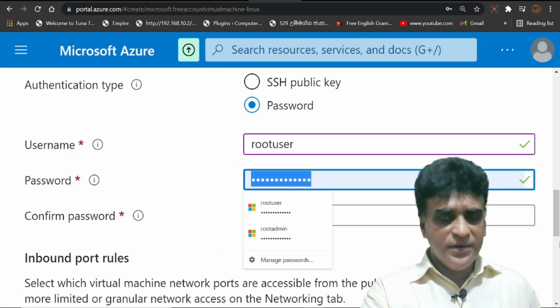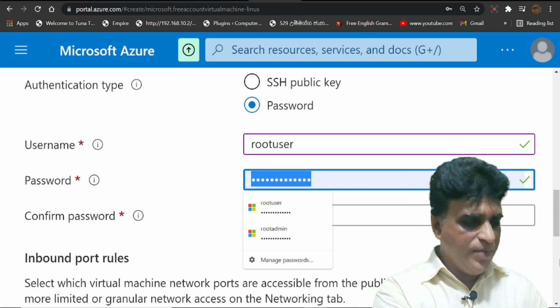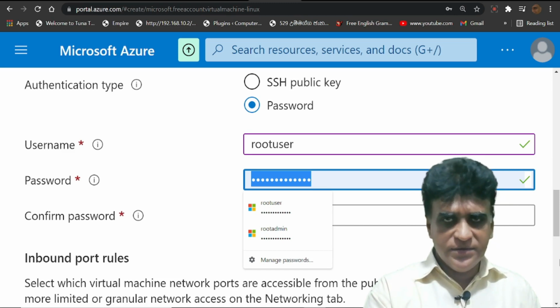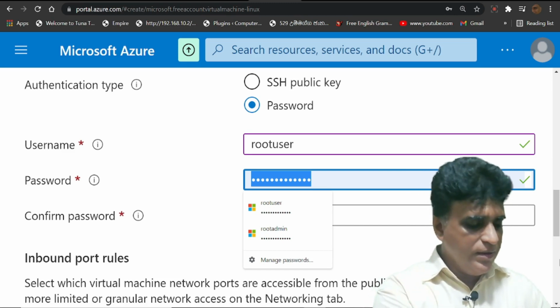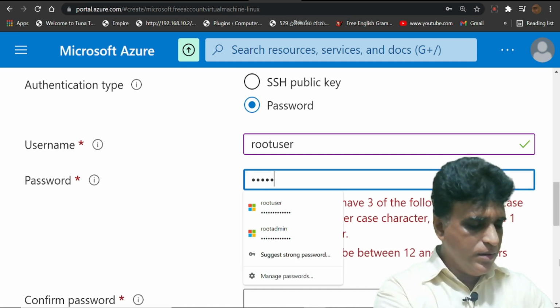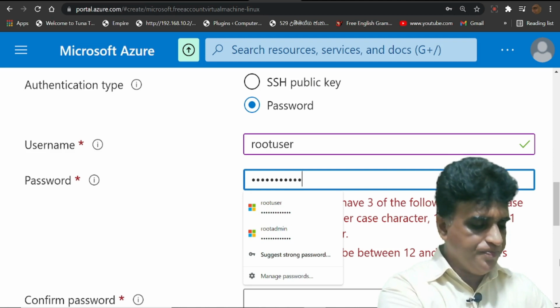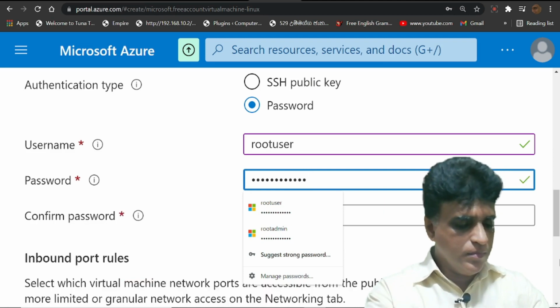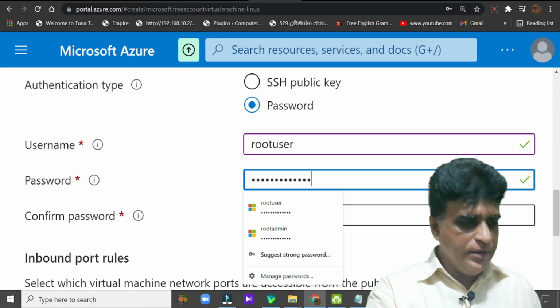And a password. The password needs uppercase letters, lowercase letters, special characters and numbers, right?